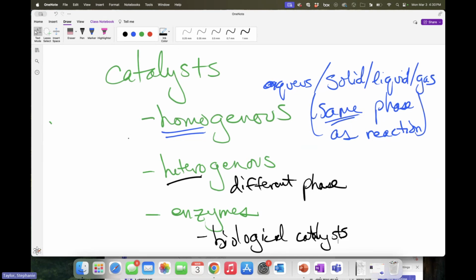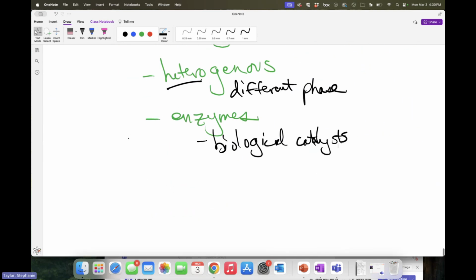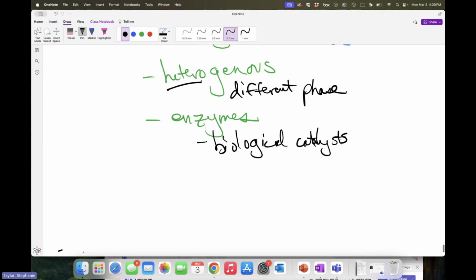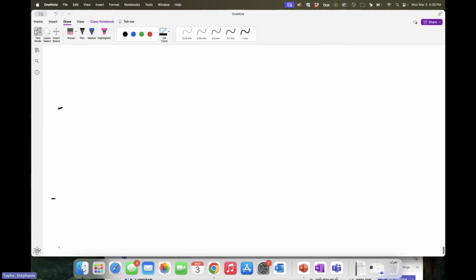The other place where these come up is in that question about elementary steps. So when we think about elementary steps,